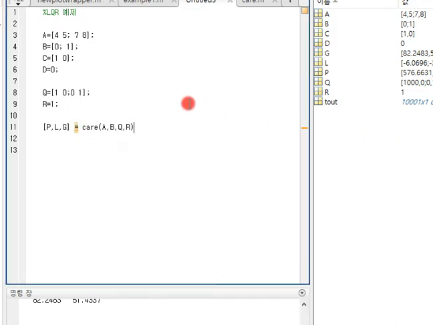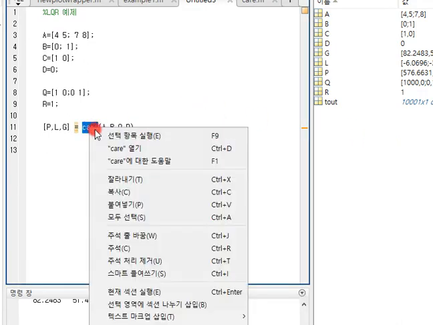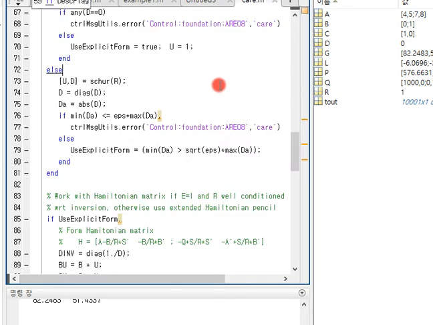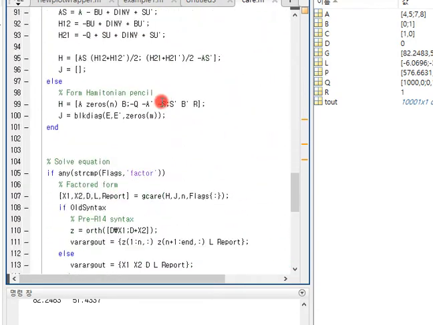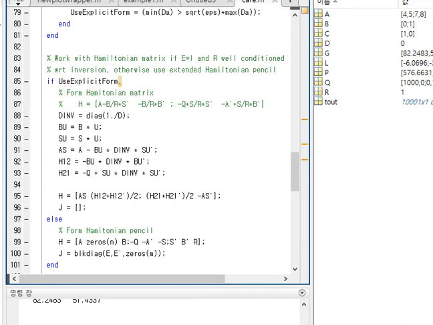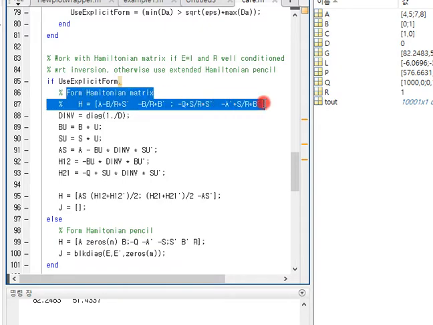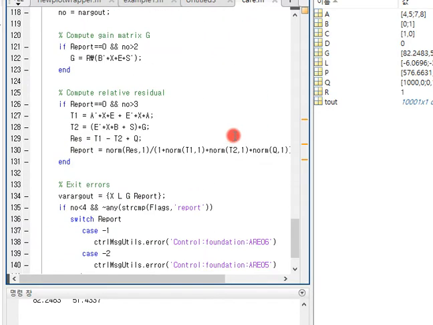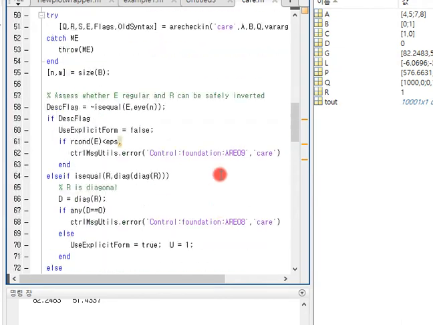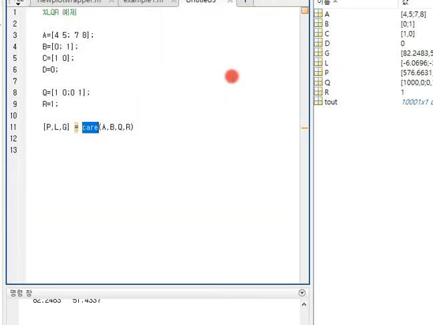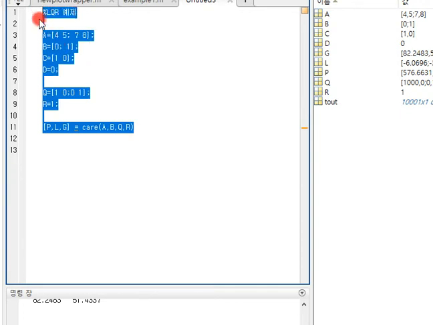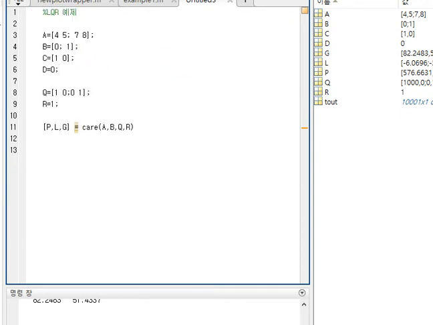We can open this function. From this function, as I mentioned, P is solved using the Hamiltonian matrix process, already implemented in Matlab. So, to evaluate the performance of LQR using Simulink,